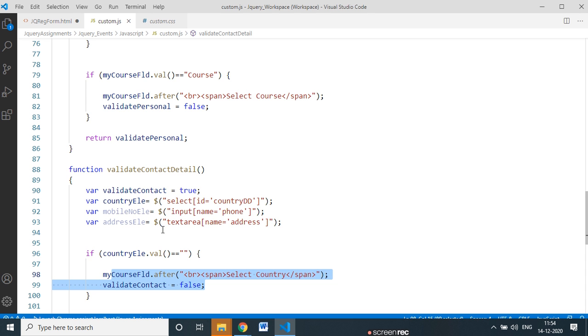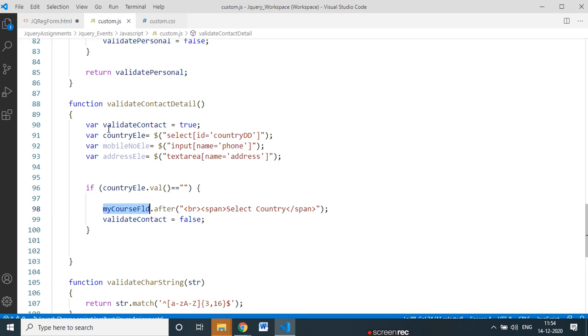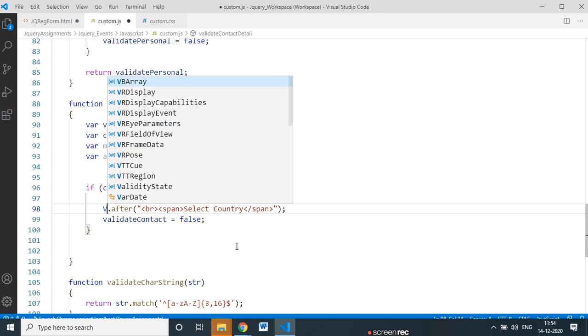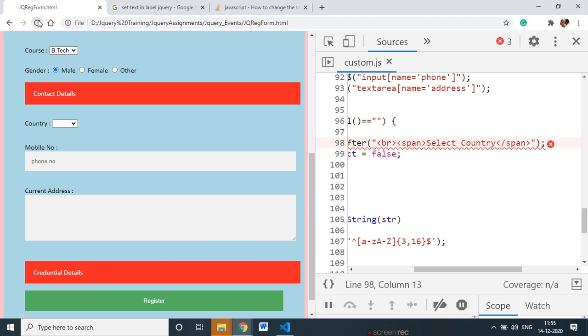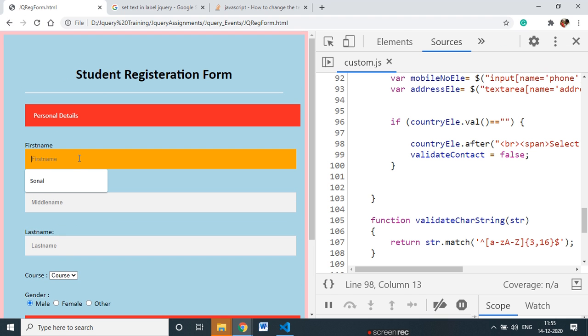So actually what happened, here I have not changed the field name. Our field name is country, this is the country element, so I need to put country element here. Now maybe it's one issue fixed, okay. Now again I need to fix